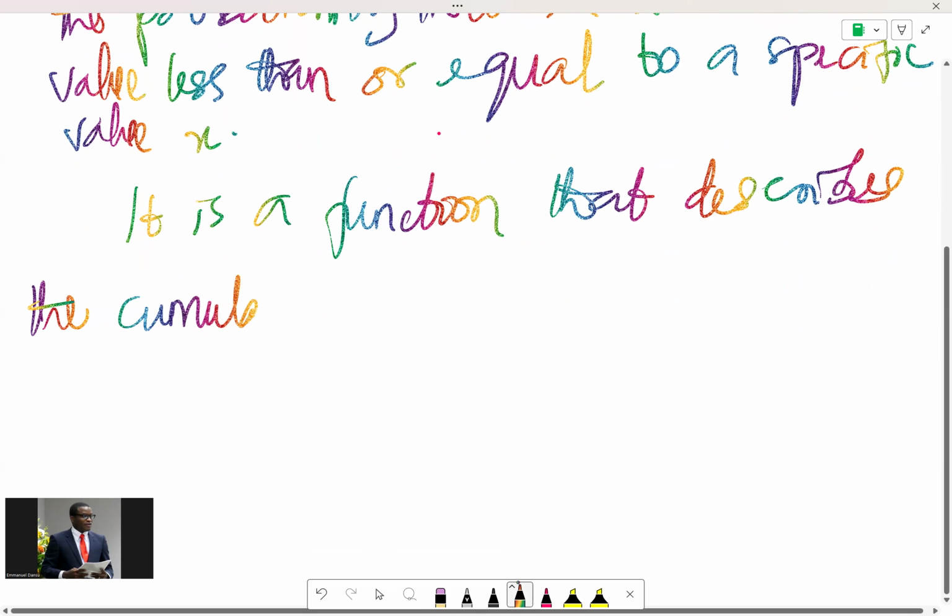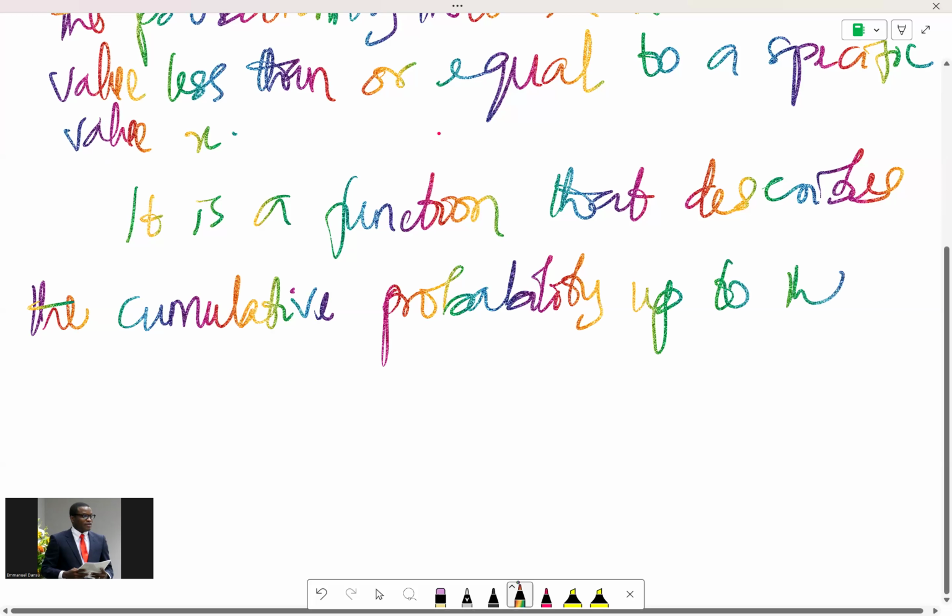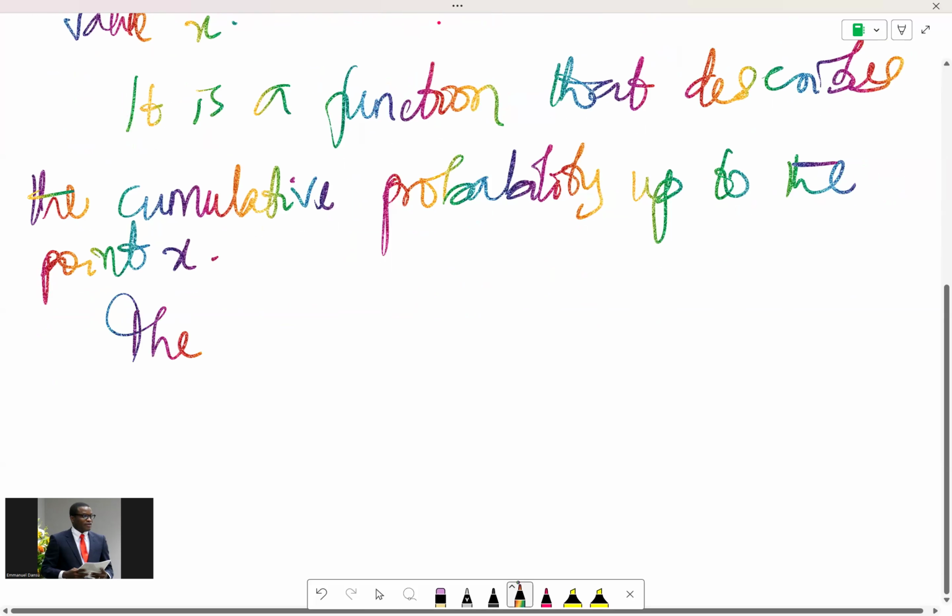When we talk about something being cumulative, it's adding up. So the cumulative probability up to a point x. So the CDF is useful